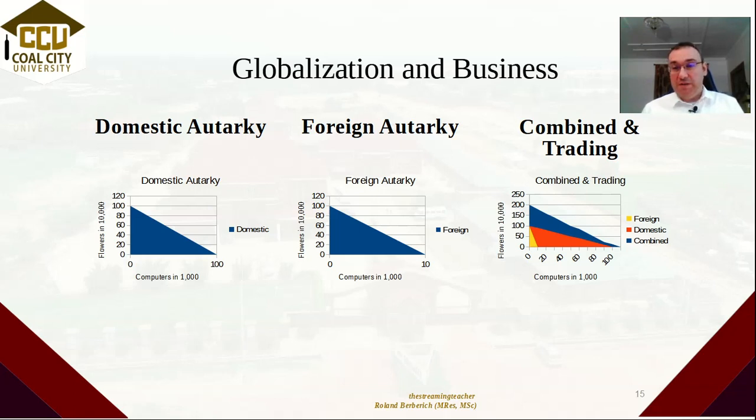we have more goods. Now obviously there is a question of what exactly we do and which country produces what, and to what extent. And in this example, since the opportunity cost for building computers is extraordinarily high between us and the foreign country combined, the domestic country will focus on computers and the foreign country will focus on flowers.